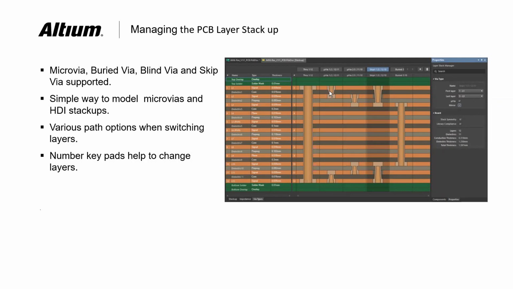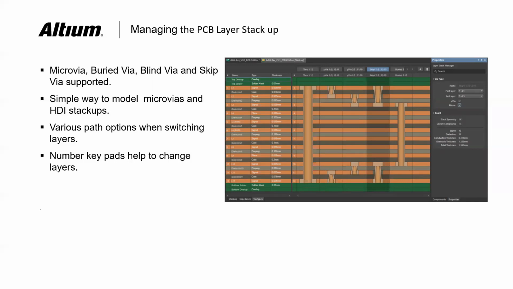What is the difference between micro via and skip via? If you see here, the micro via is between the immediate 2 layers, 1 and 2. But the skip via is also similar to a micro via, but it skips 1 layer, from 1 to 3. That is the difference between the micro via and the skip via. You can also have buried vias here, and also blind vias. Blind vias will normally be from the top to any layer, or from the bottom to any of the layers above.